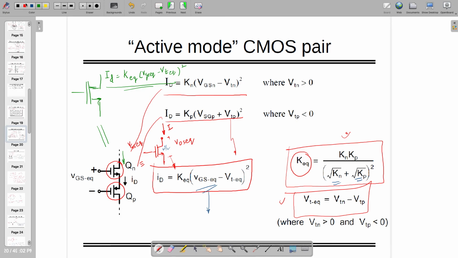These two equations are already known to me. And I want to map this equation to this one. If I am going to do this, I am going to get K equivalent and VT equivalent both in terms of NMOS and PMOS parameters. So it's not equivalent to two transistors in series or parallel, but you have to find out some different equation because it's NMOS and PMOS,